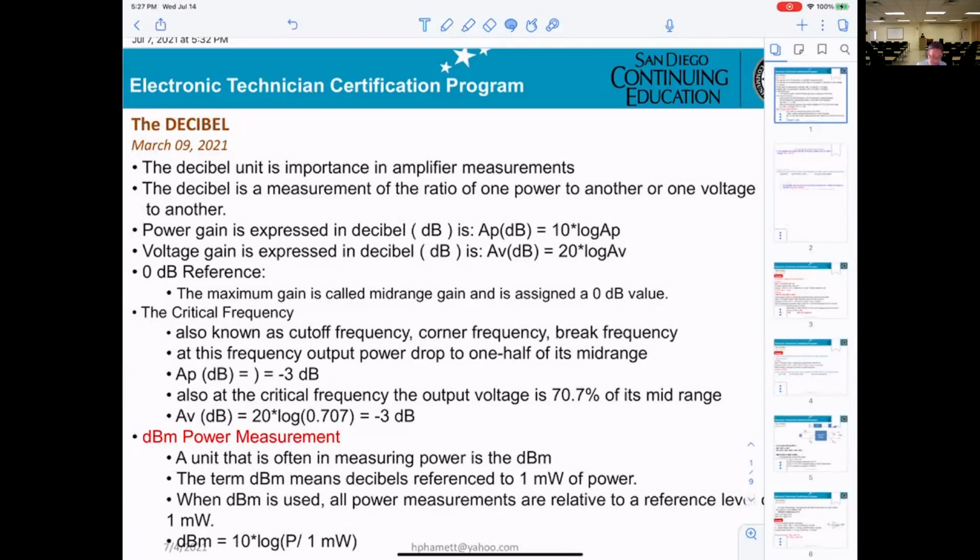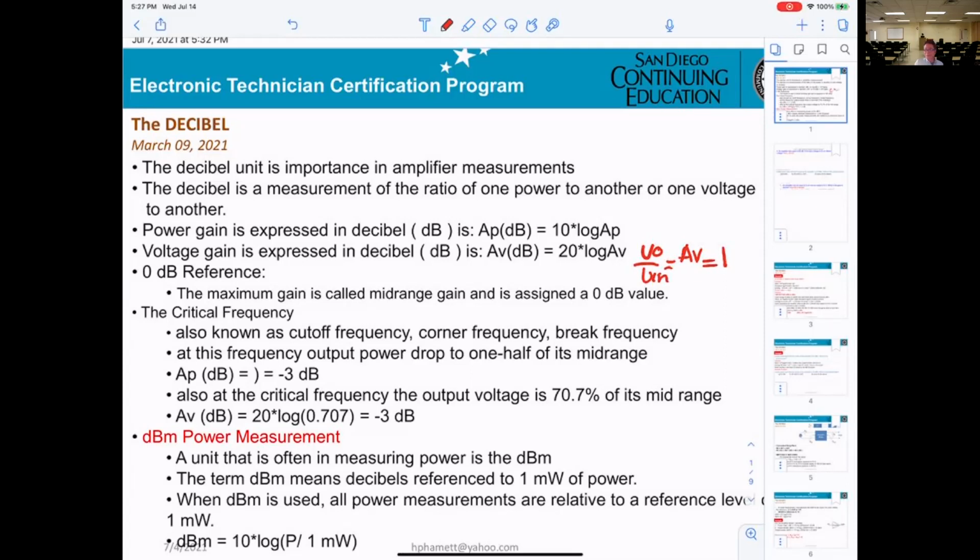And you understand, for example, V out, that will be a voltage gain. If it equals 1,